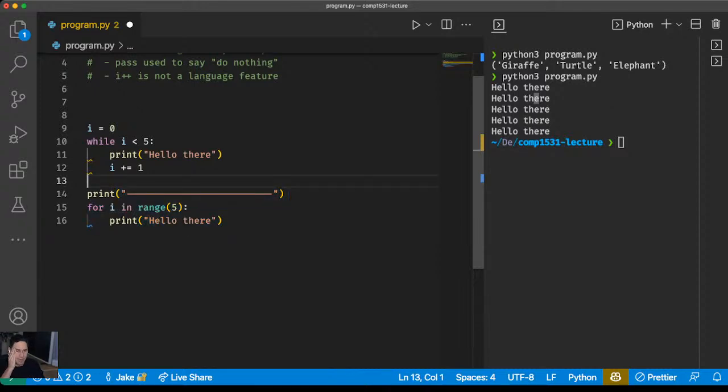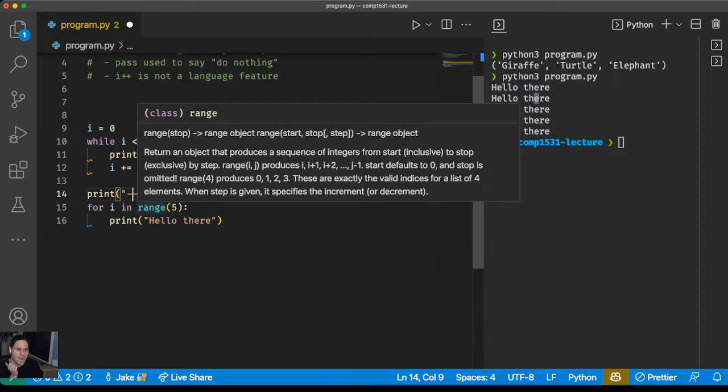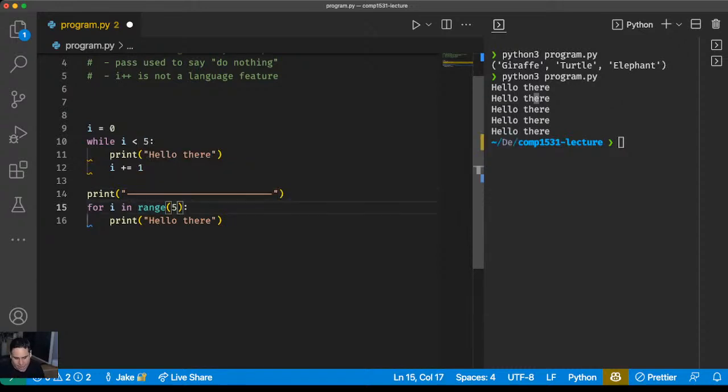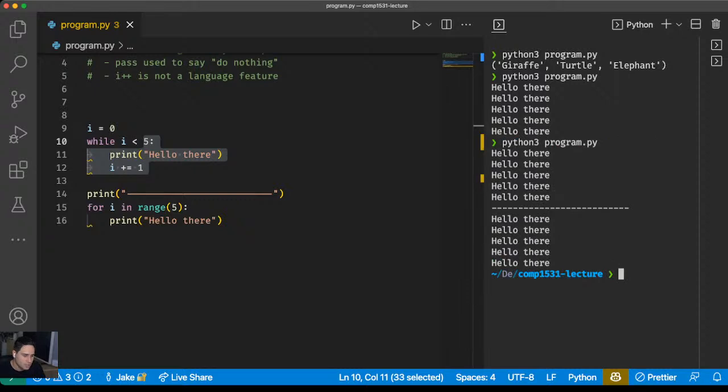Okay, something really cool about Python. This is exactly equivalent to this block here. What does range do? Well, range is creating a range object. You pass it an upper value here, 5, and it's basically going to generate the values up until that range, so 0, 1, 2, 3, 4. When I run this, you can see we get the exact same output. But what it means is we didn't need to declare this i value. We didn't need to do this check explicitly, and we didn't need to increment that i. It knows that,